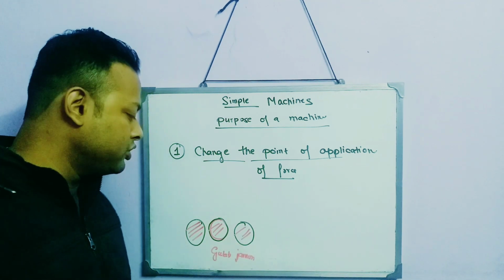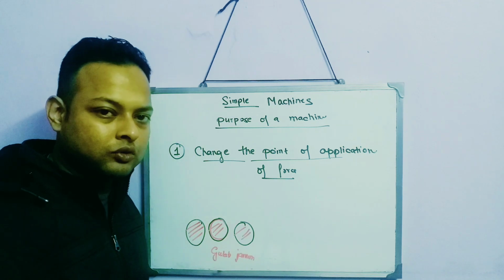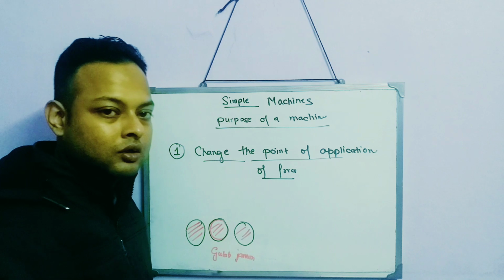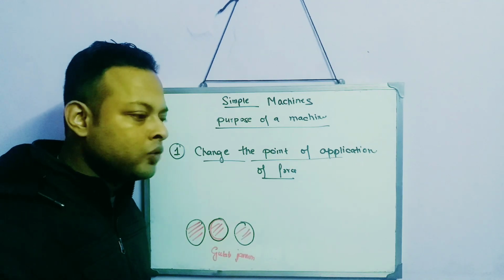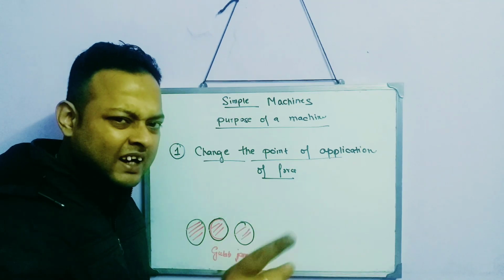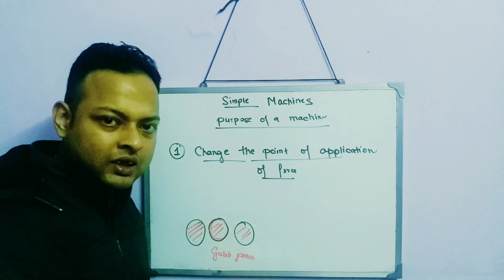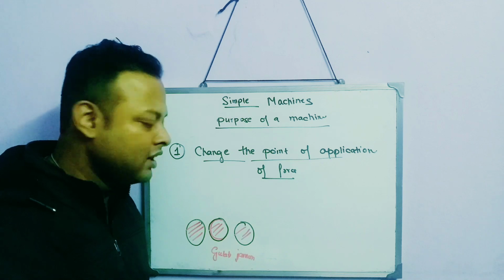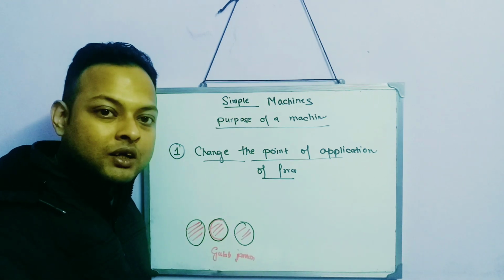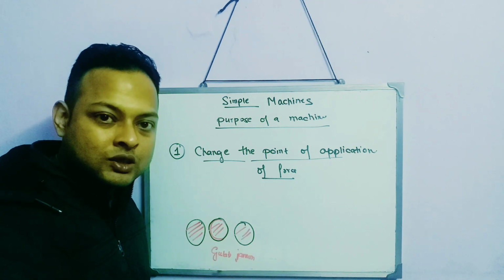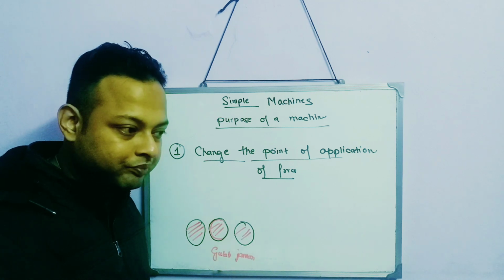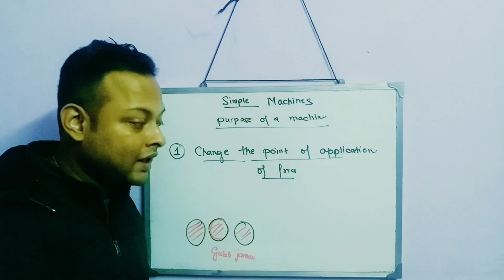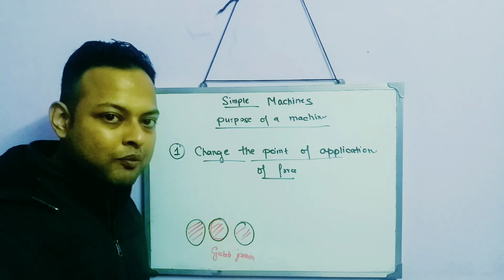Now, suppose we want to eat the gulab jamun, or we want to give this gulab jamun to someone. Now what you can do? You can use your fingers, but that is not a good idea because your fingers might be dirty, and if you touch the gulab jamun with your dirty finger, the gulab jamun might get contaminated with some bacteria or something or the other. So what is the idea that I have? I will use a pair of tongs.